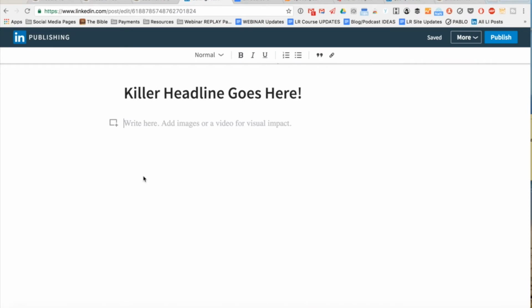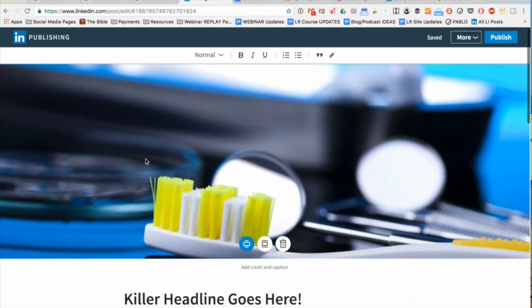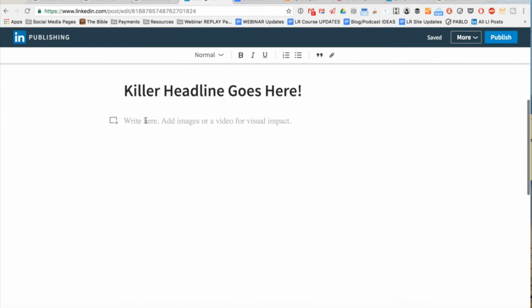The way it works when you share a LinkedIn blog post, when someone else links to it, or when a website links to it, or it's on social media, or featured on LinkedIn, anywhere like that, what is automatically going to happen is whatever is sharing the post, so to speak, if it's a social network, if it's LinkedIn, if it's somebody else, it's going to pull this big image to be the featured image with the blog, and then it's going to take whatever the first so many words are here,